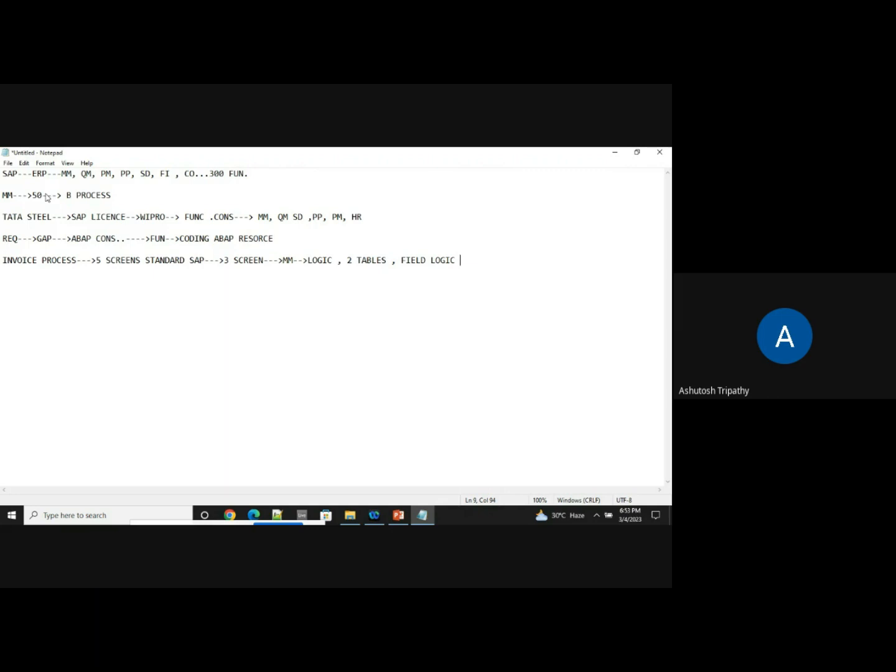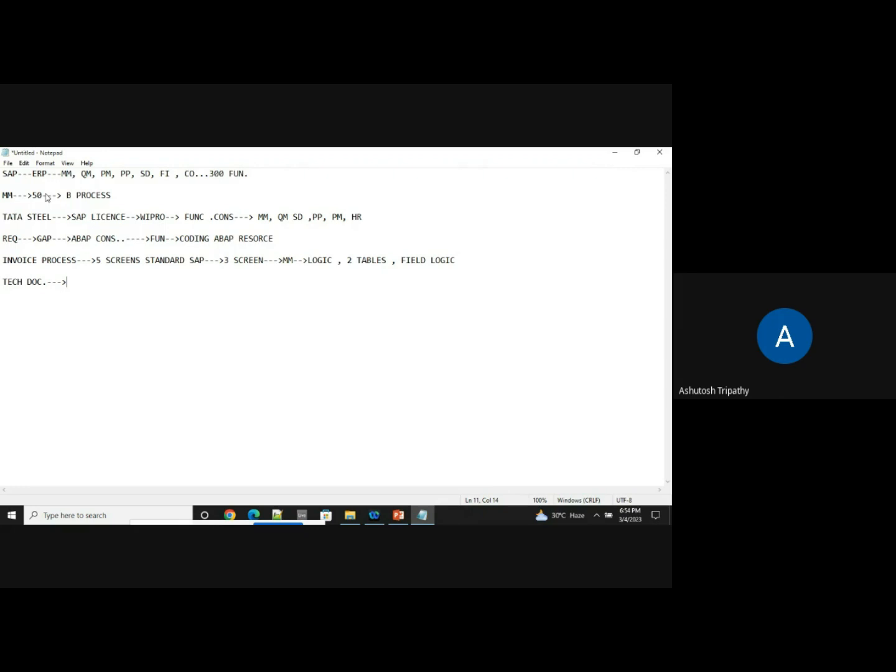Based on the functionality, he will be sending a functional specification. This functional specification, the ABAPer will understand, and then he will come up with his own technical documentation, or what we call technical specification. Now, based on the technical document or specification, he will be creating all these three screens. So that's where an ABAPer comes in, when there is a gap, or in a day-to-day business